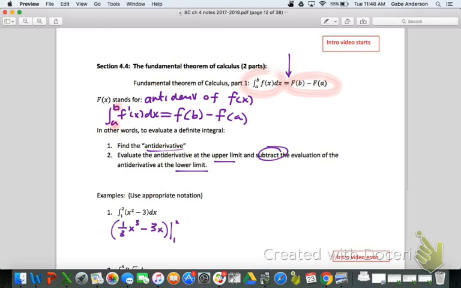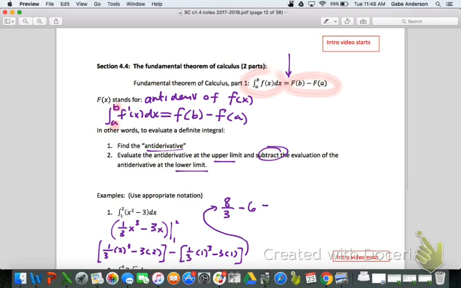So to evaluate from 1 to 2, we're going to plug in the 2, so it'd be 1/3 times 2 cubed minus 3 times 2, that's evaluating at 2, and then we're going to plug in the 1. So it'd be 1/3 times 1 cubed minus 3 times 1. And once we've evaluated at the upper and lower, we will subtract in that order. So to finish this one out, let's do a little bit of arithmetic here. That would be 8/3 minus 6, and I handle that first expression, minus